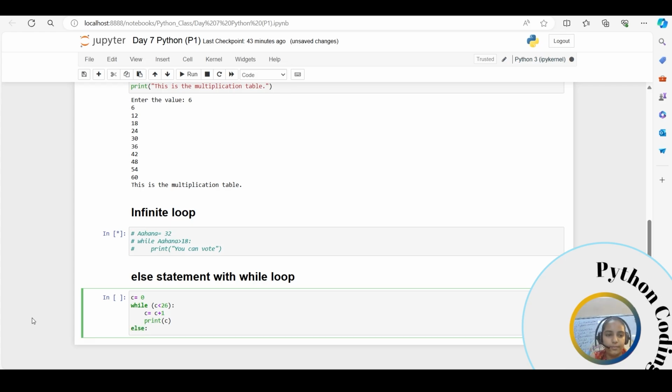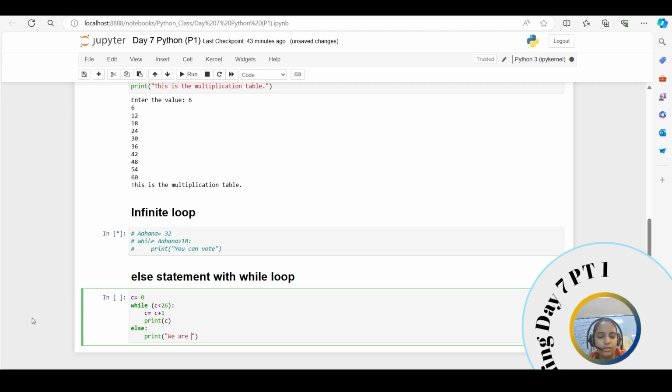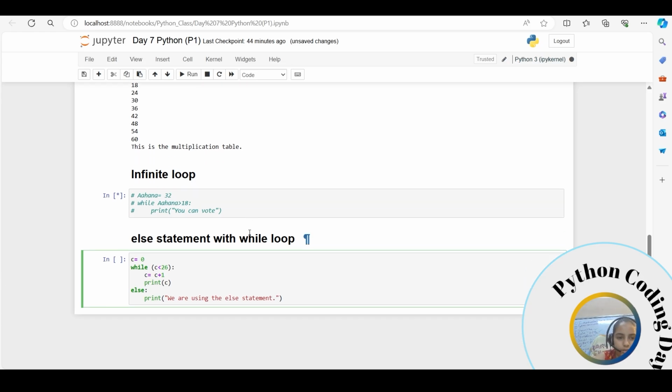Else print anything, like we are using the else statement. Okay, like this. And now if we run,